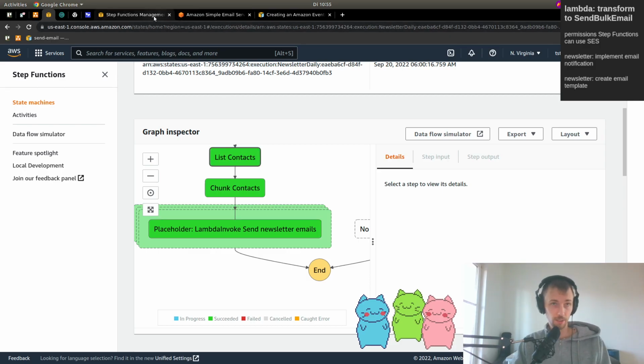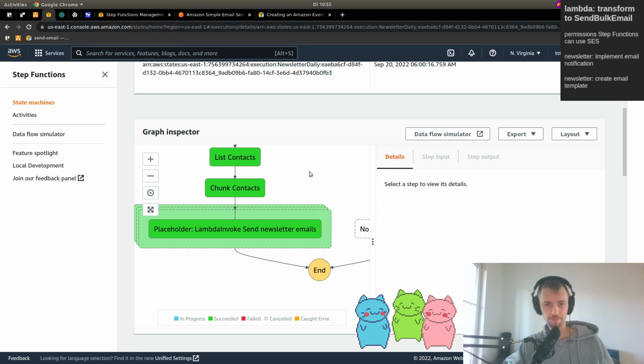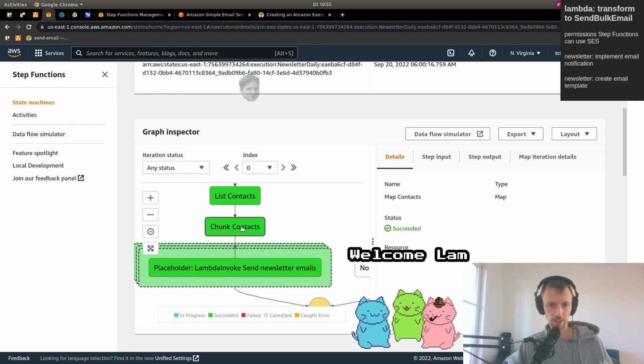the bulk send email or send bulk email API, or something like that. I forgot the exact name. But it's not very, very bulky. It can only send 50 emails at once. So when we have like 200 contacts, we have to slice them into chunks of 50, and then we can use